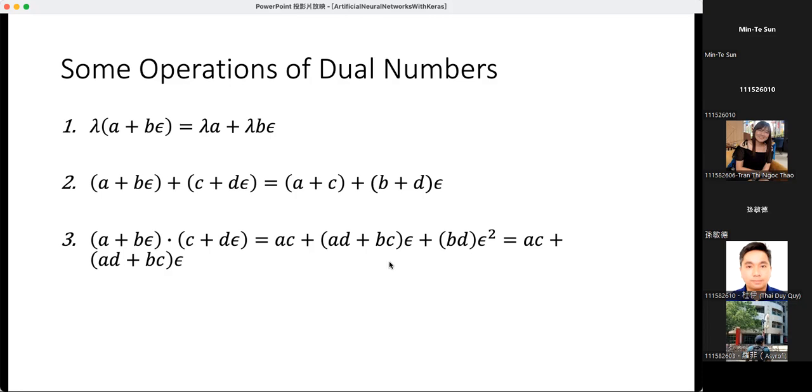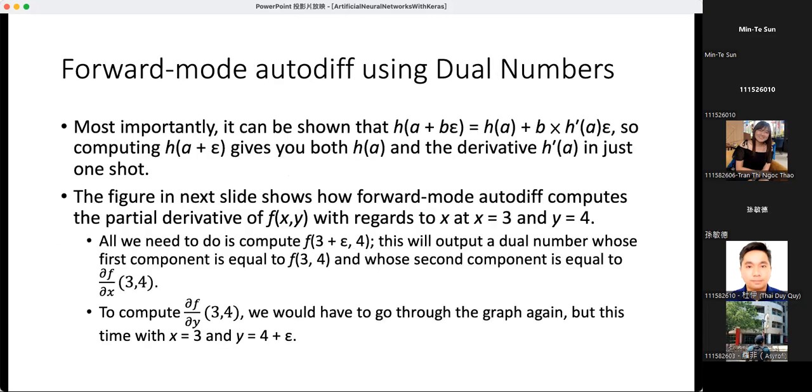Up to now, you may have no idea why this dual number can be used to solve the partial differentiation. Do you know this formula? H of A plus B epsilon equals H of A plus B times H prime of A times epsilon. This may not look so obvious to you, so I will